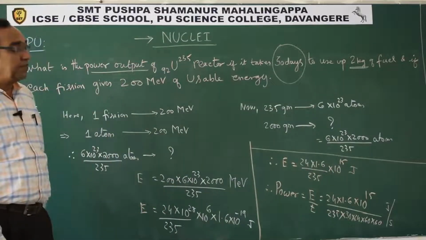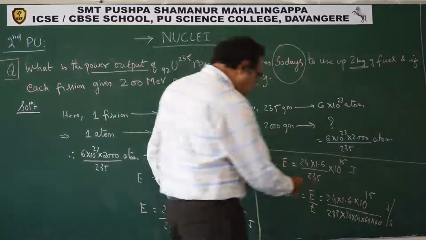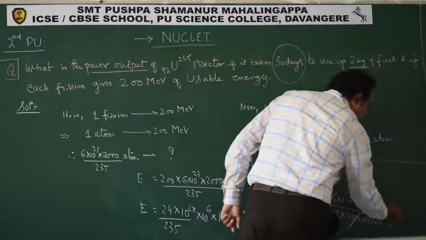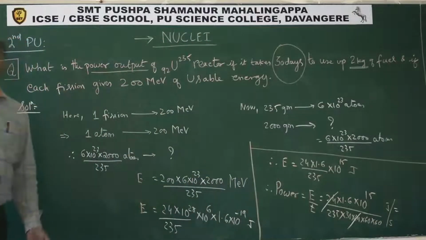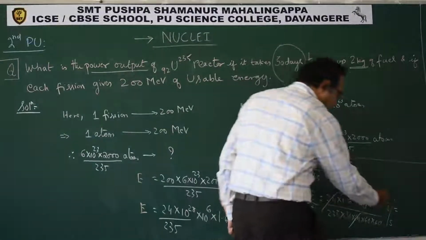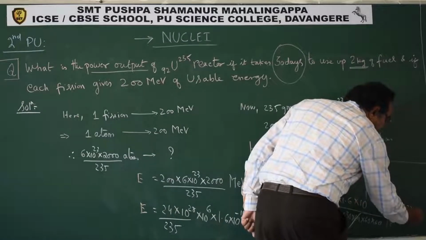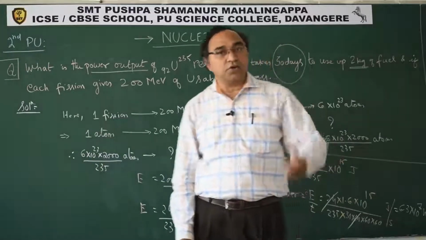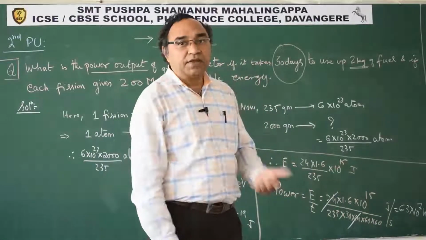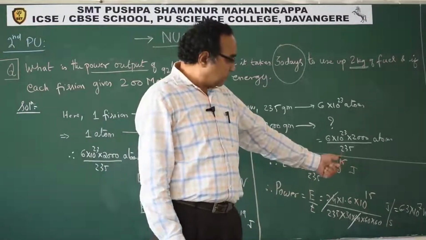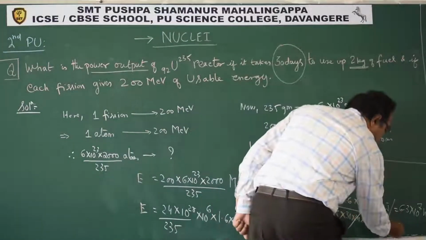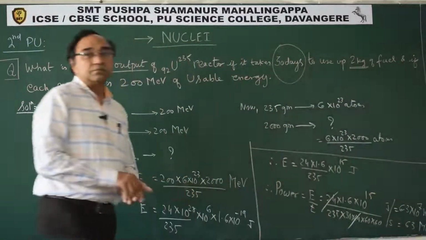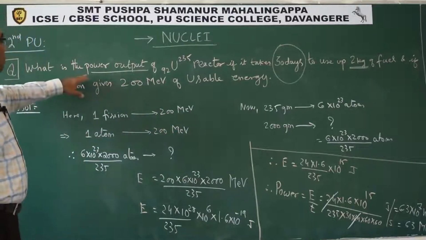Now we can simplify this expression. Observe carefully. 24 and 24 can be cancelled. So if I simplify this expression, this is approximately 6.3 into 10 power 7 watts we are getting. Now you can convert this into kilowatts, or you can write it in megawatts, million watts, 1 million, 10 power 6. So you can say 63. That is exactly how we can find out what will be the power output.